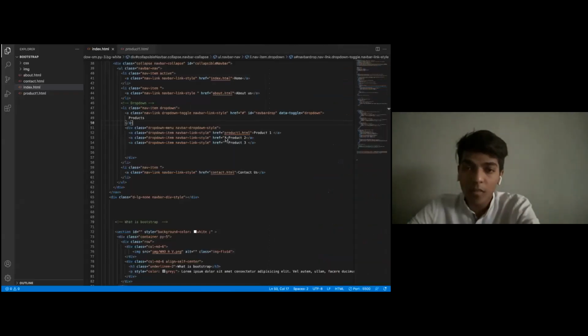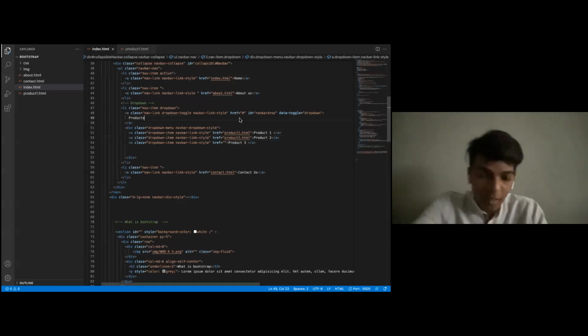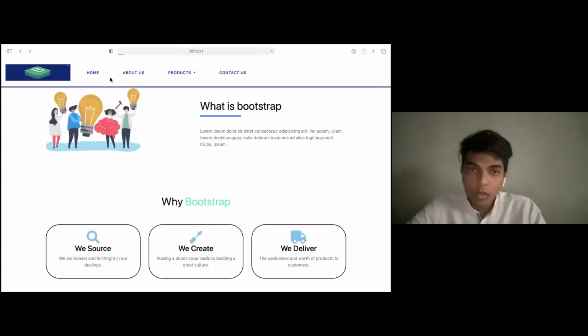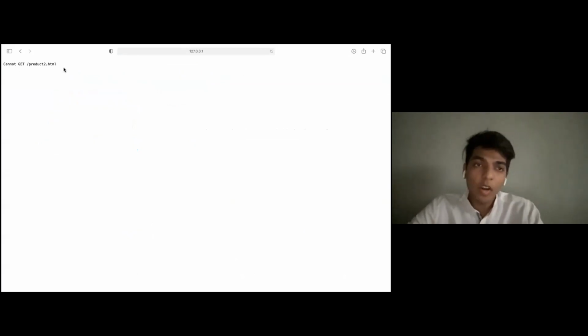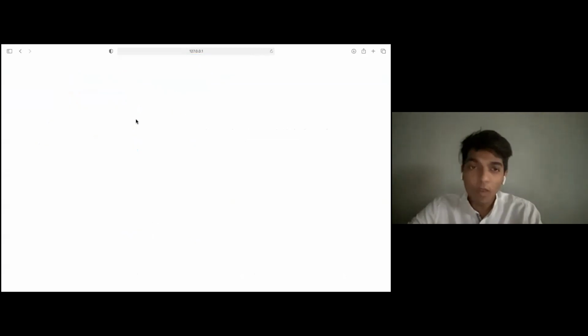But if I assign a page that is not actually built and save it, we get the error, cannot get product.html, because it has not been built. But product 1 has been built. I have not made anything in that. That's why it's not visible.